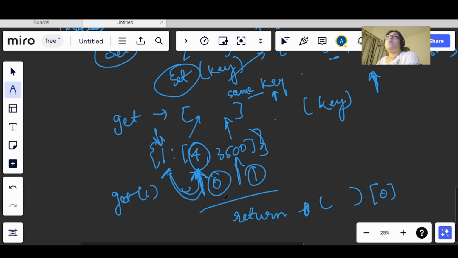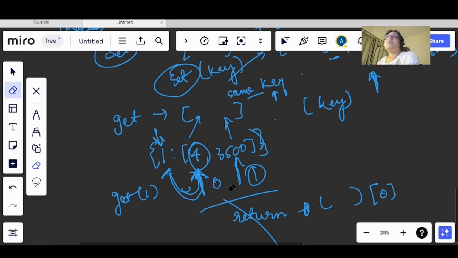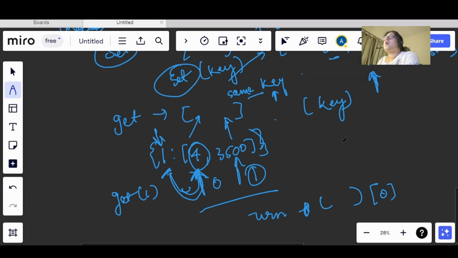And now what we have been left with is count, right? So count will return the key value pairs in the map, or the unexpired values that are left in the map. So this is what we will be doing in the 3 functions.